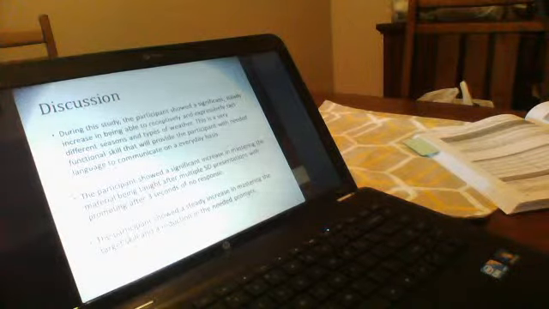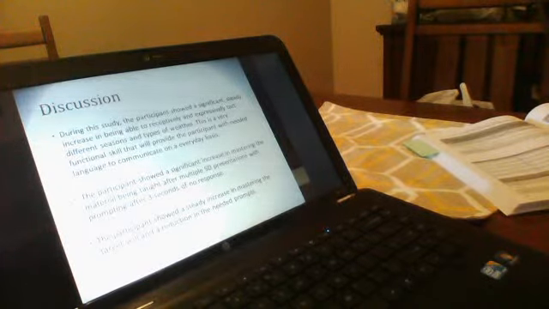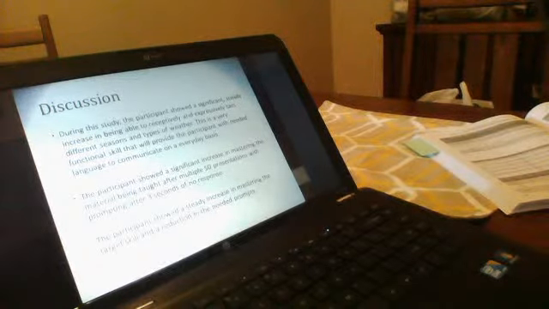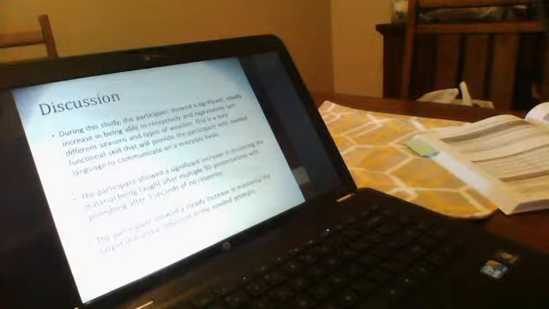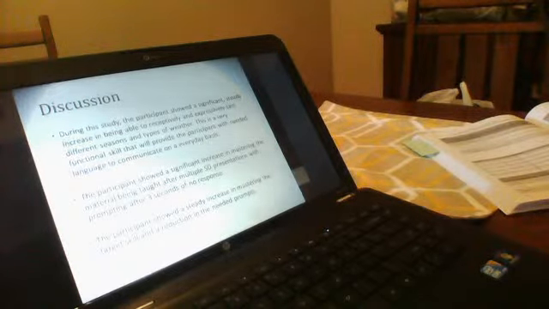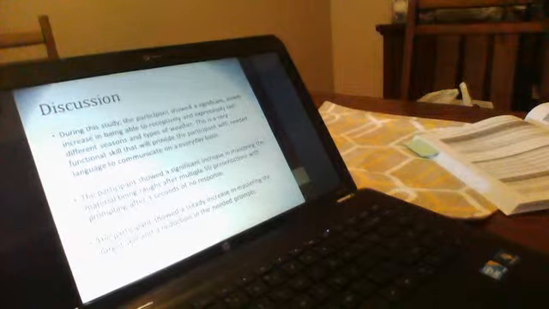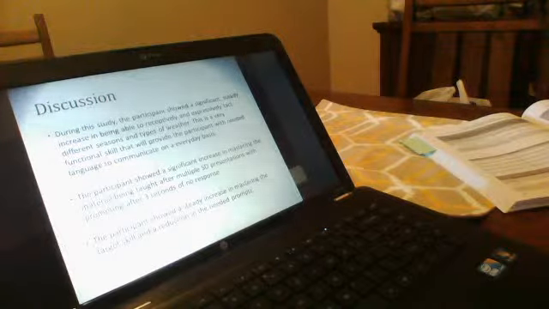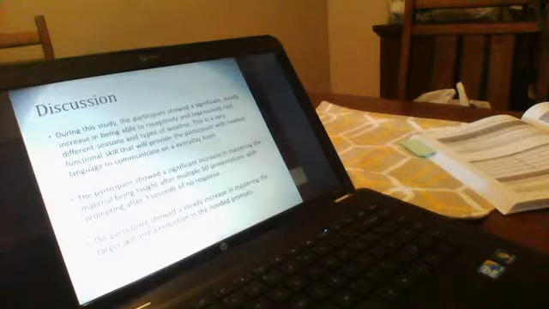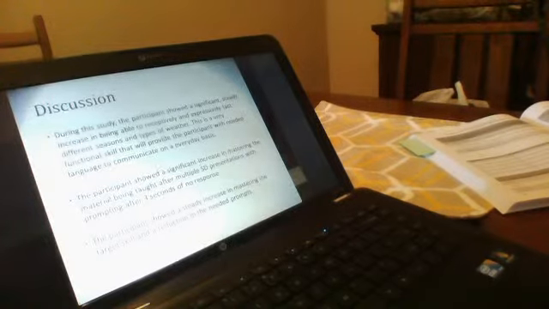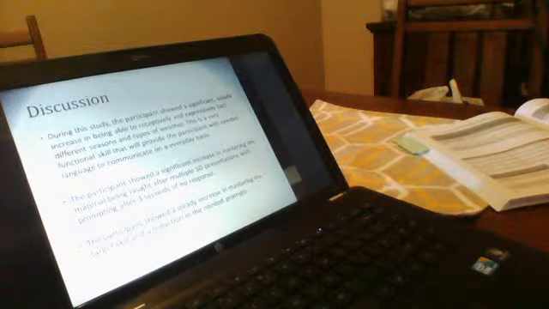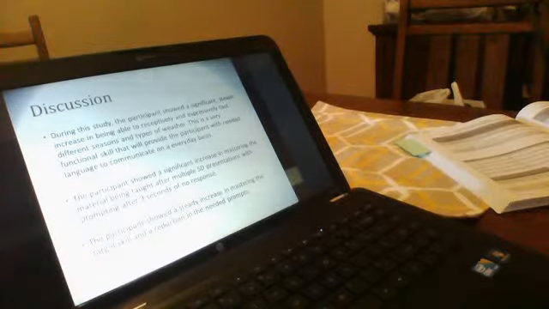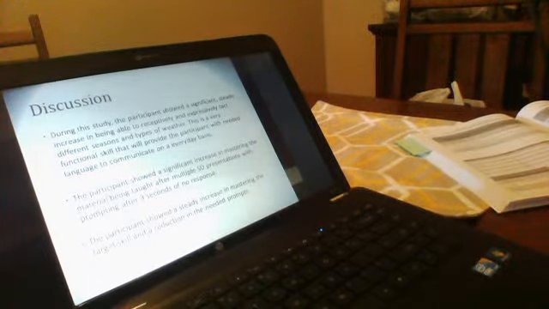During the study, the participant showed a significant steady increase in being able to receptively and expressively tact different seasons and types of weather. This is a very functional skill that will provide the participant with needed language to communicate on an everyday basis. He would go outside during summer school and say to either his aide or another student that it was raining outside, and the students would look at him puzzled because it was a nice sunny day. So this was a very functional and useful skill for him to be able to correctly identify the seasons and the weather.